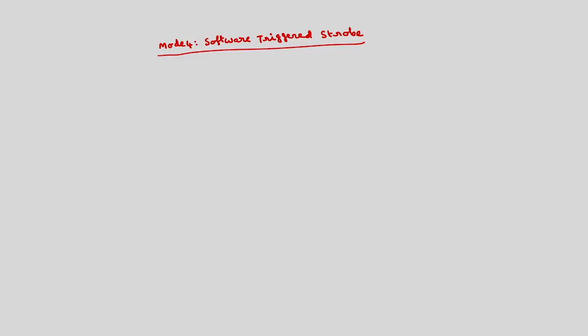In this case also the gate signal will be kept high. After the mode set, we have to load the count value onto the counter. These 2 points are the same as in the previous mode. Okay. Once the count is loaded into the counter, then what happens is